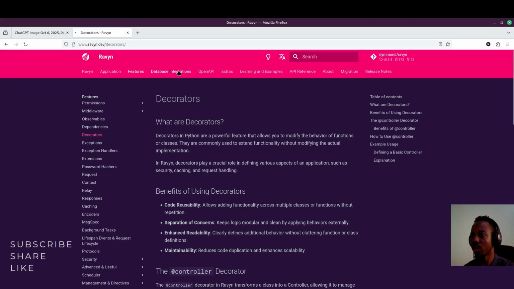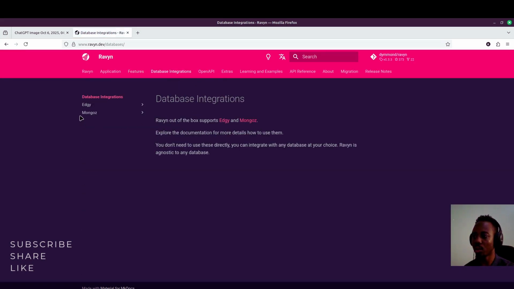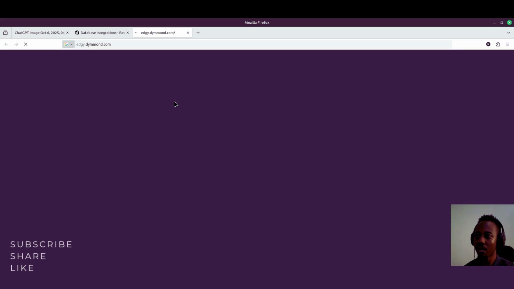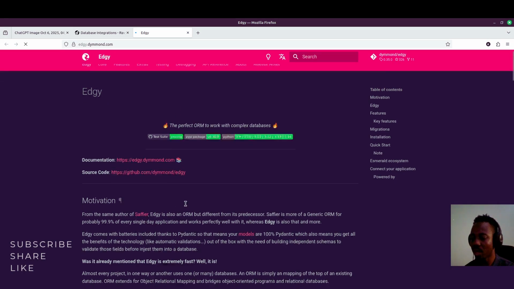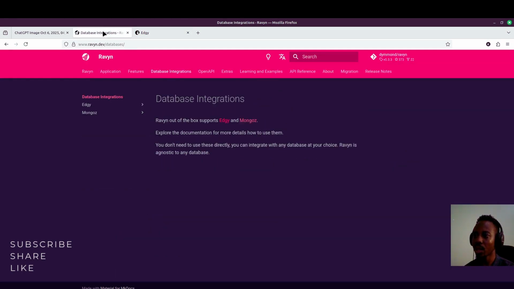And again, you can also check under the database. They will show you all the database types that they support, right? You can use either MongoZ or Edge. Of course, you can bring in your own ORM if you have one that you are comfortable with, but just to let you know that the ecosystem also has one that you can basically just work with. And this one actually works with basically any async. In fact, they have support for working with non-async frameworks as well. So you can check that out. That is for database and for working with other ones